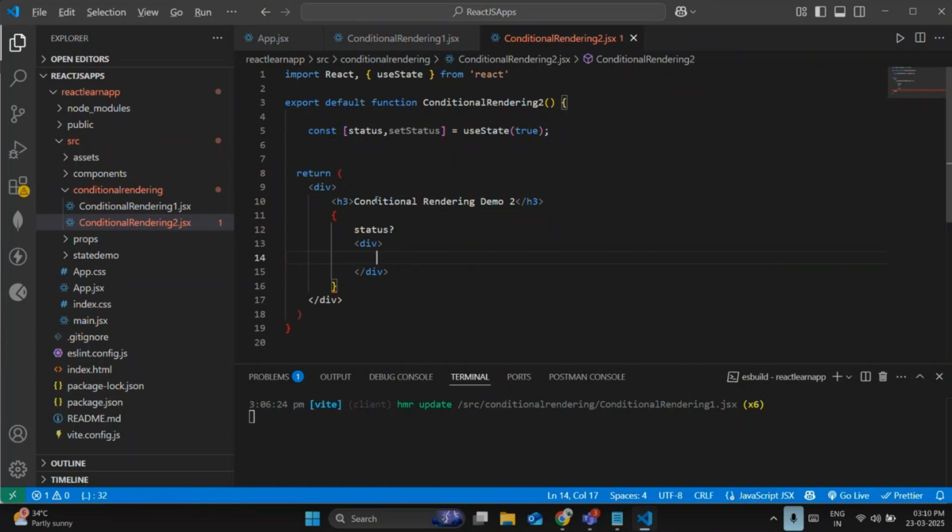Whenever my status is true, I should display one message on login. After getting login, welcome to the home page, like this message. Whenever I click on logout, that status has to be changed to false condition. In false condition, logged out successfully. This type of messages. Clear, everyone? Whenever my status is true, I'm going to display my message, logged in successfully, or else